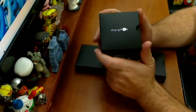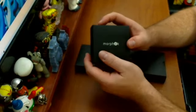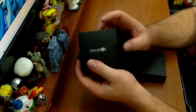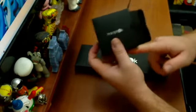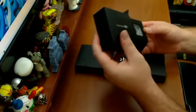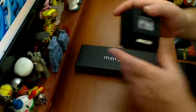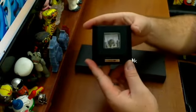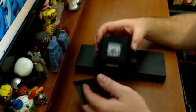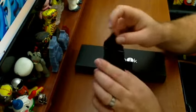It was awesome. But what you can't see from the outside of this box is the amazing product that's inside. So let's go and crack this open. Very simple design of the box. And then you get to the actual product, which is quite immaculate. So let's go ahead and get to this. There's like a little envelope in here